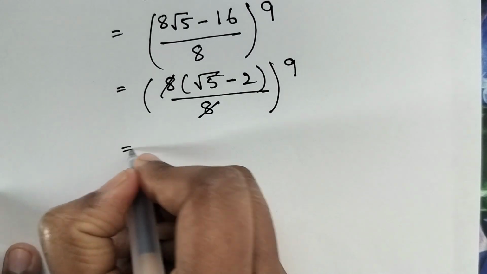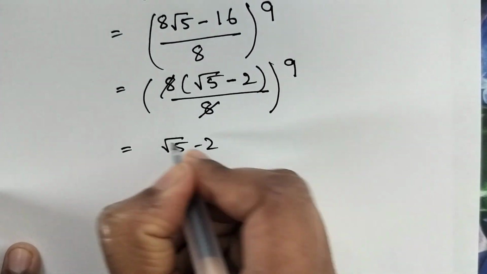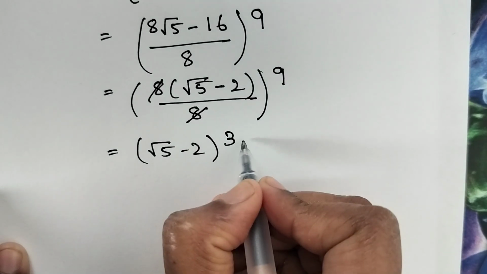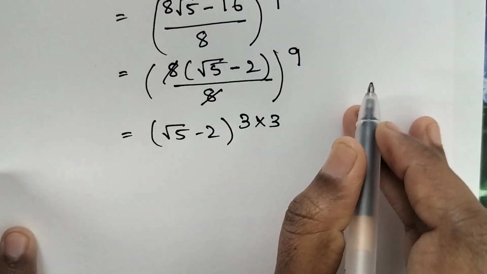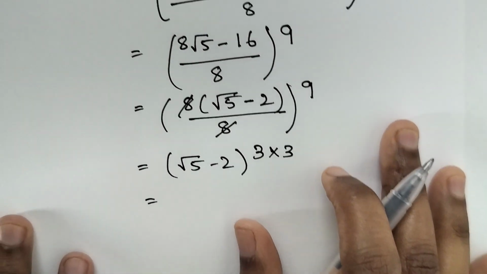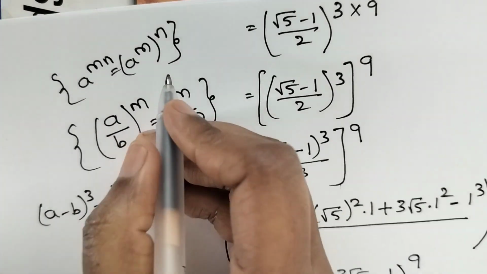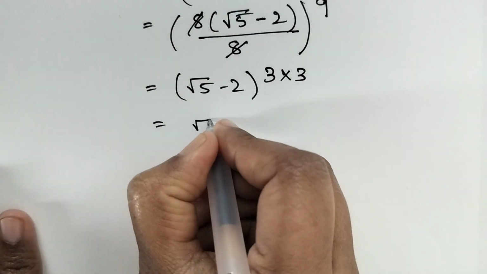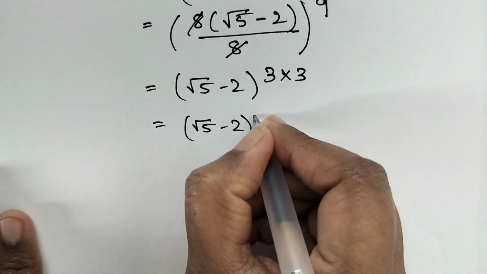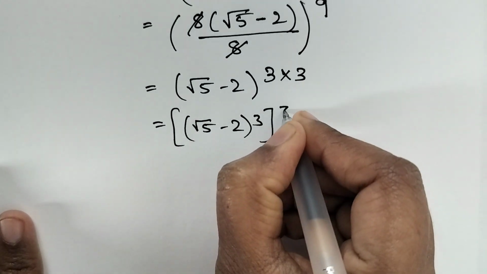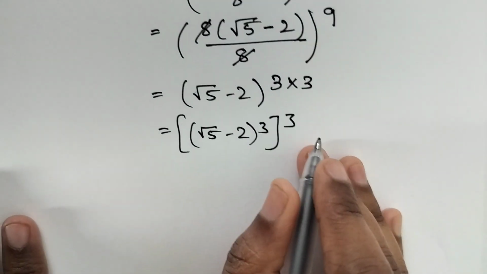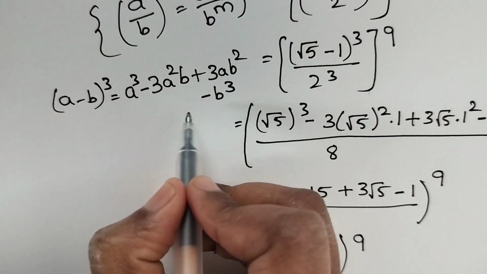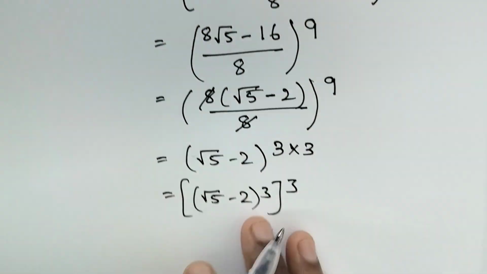So now here we got square root of 5 minus 2 whole to the power of, here we have 9, right? So we can write this as 3 times 3. So again use this formula. Here we can write square root of 5 minus 2 whole to the power of 3 whole to the power of 3. So again this is in the form of a minus b cube whole cube. So again use this formula. Here we can write